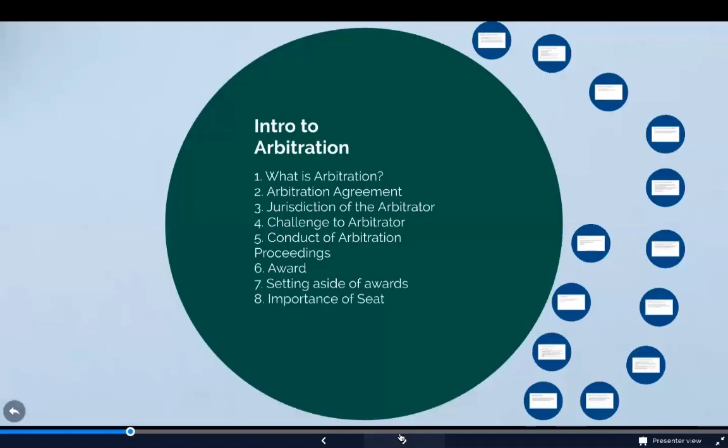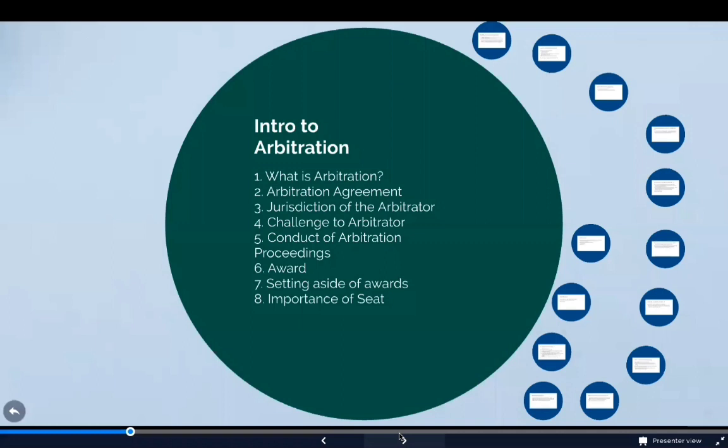So with respect to the second portion of introduction to arbitration, before we move on further, we need to know what actually is arbitration. Arbitration is a dispute resolution process where two parties submit to an arbitration, meaning an independent private body which is created through the contract, through an agreement between the parties, and they don't want to settle any of their dispute by going to courts. So they want to have a private dispute resolution. That's something which we call arbitration.